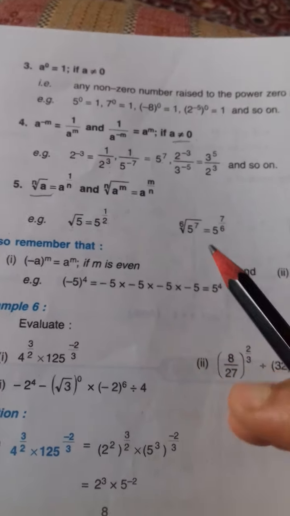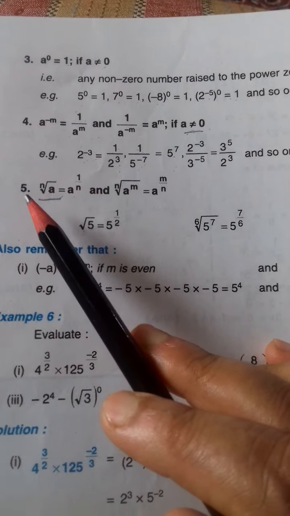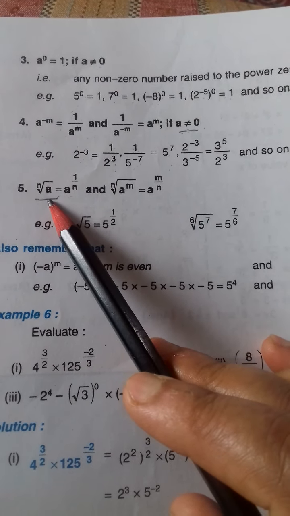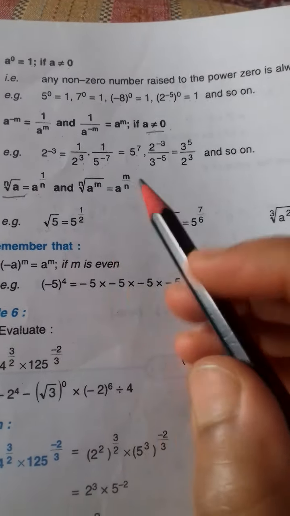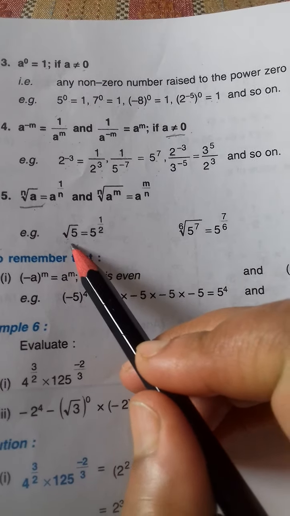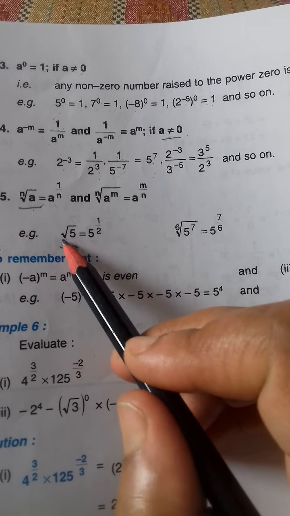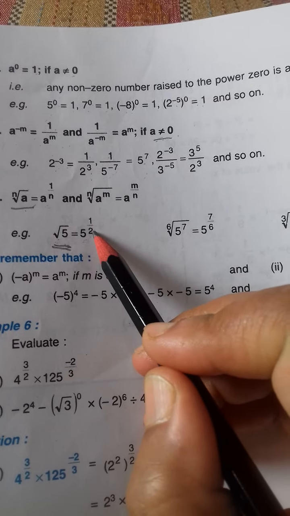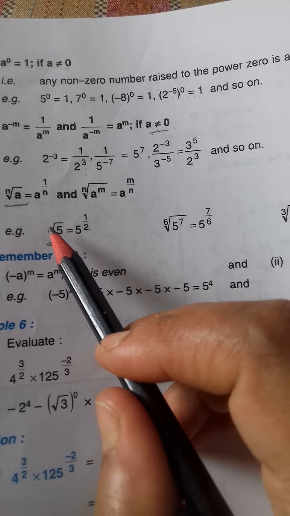Morning class 8, we were doing chapter number 2 and we were reading some rules, and now we are on rule number 5, that if it is written like this, then it can be written like this. Suppose here you can see this number under root 5. Now this means when you remove this sign, you can write it as 5 to the power 1 upon 2. Okay, when no number is there, we take it as 2.